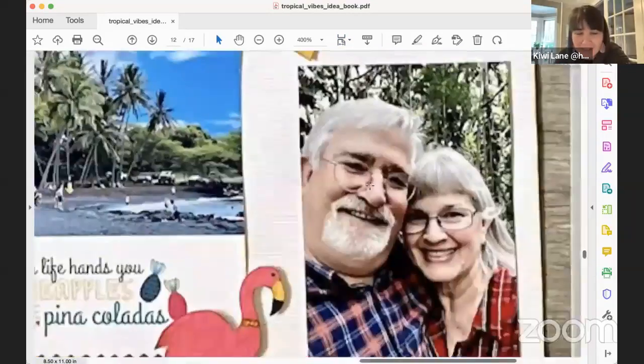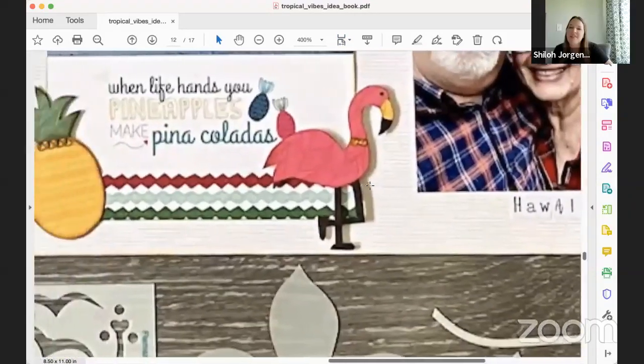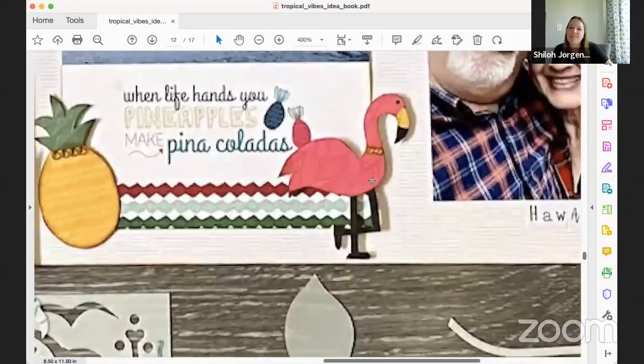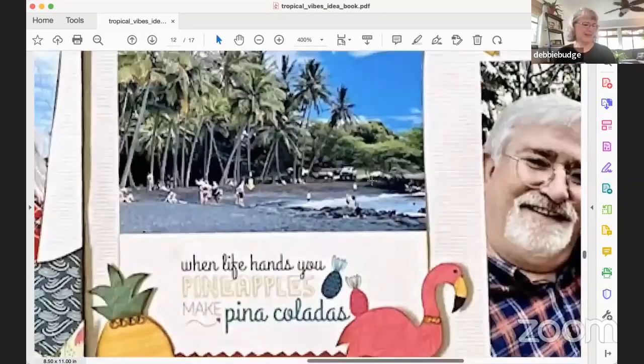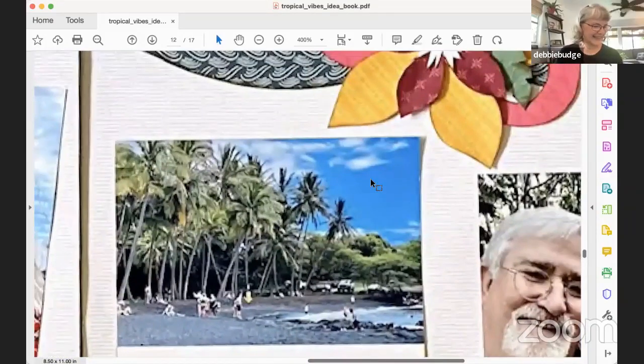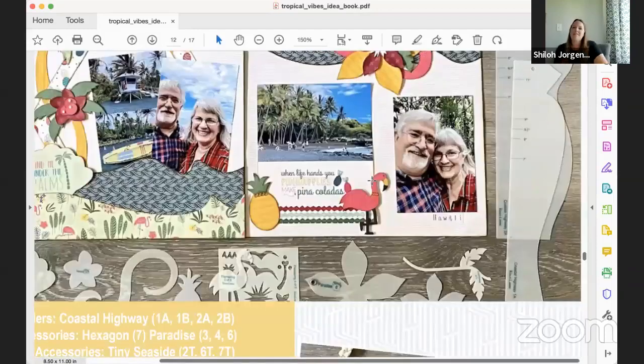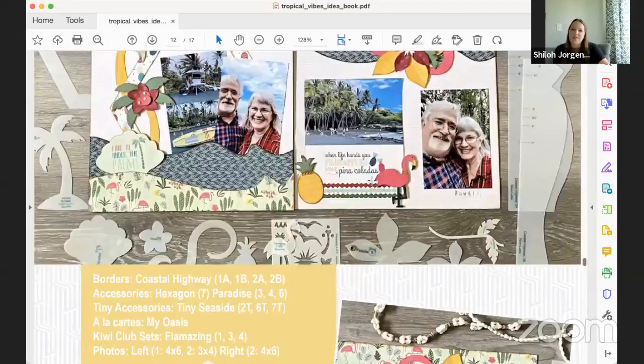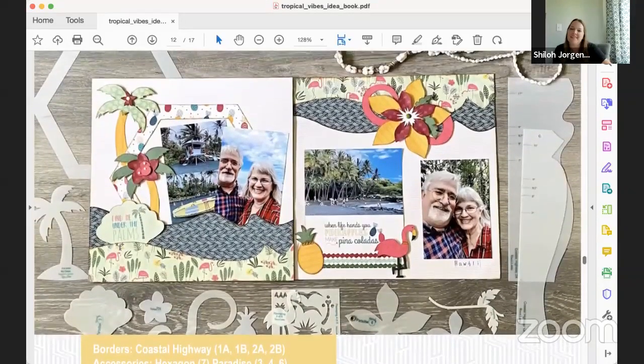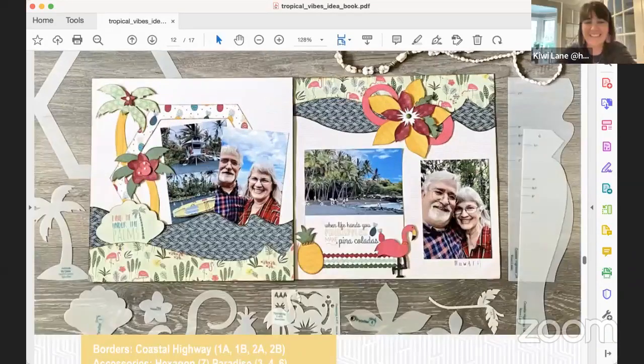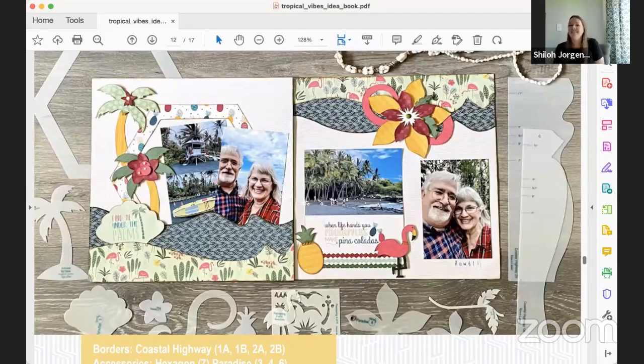Hold on. Girl, I have to say, Mom, I am loving seeing you scrapbook pictures of yourself. Oh, thank you. Not that all your layouts haven't been great, but it's so fun to see you out doing stuff with your husband and taking pictures. Yes, it's wonderful to see. And you guys are rocking that selfie. Look at that.